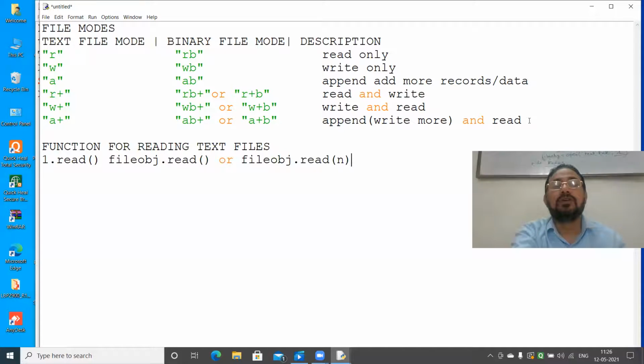So write, read function is used to read a complete file, that is all lines in a text file.